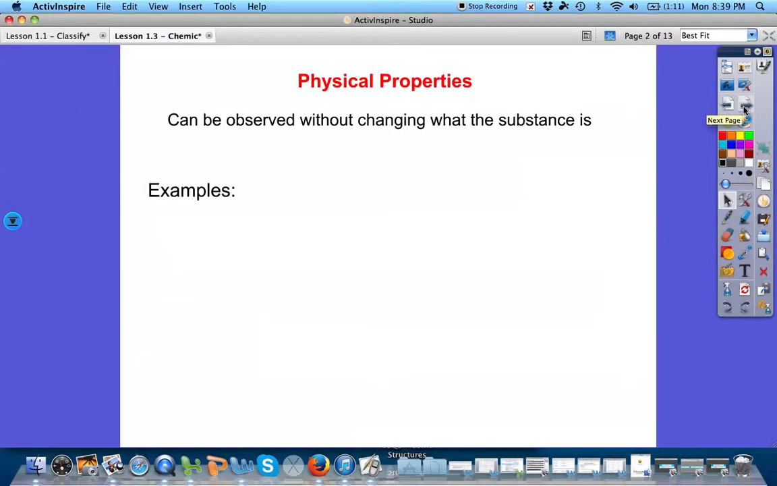So before we can talk about chemical and physical change, we first need to talk about chemical and physical properties. So a physical property can be observed without changing what the substance is. Some examples of this are the color of an object,